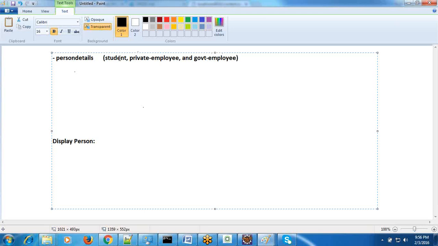I can't go for developing 3 components for this, right? What I will do is, under the person details component only, I will develop student.jsp, and next